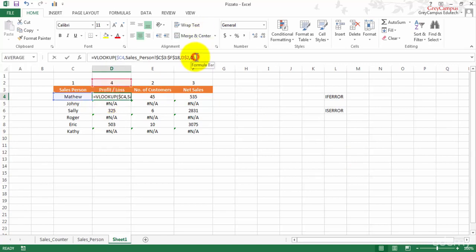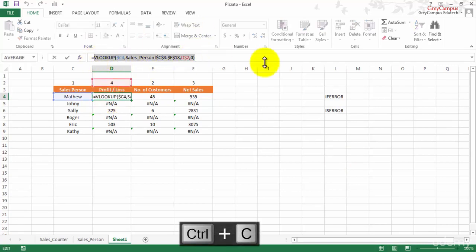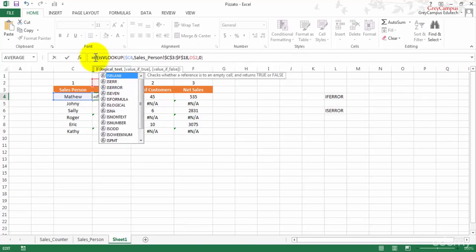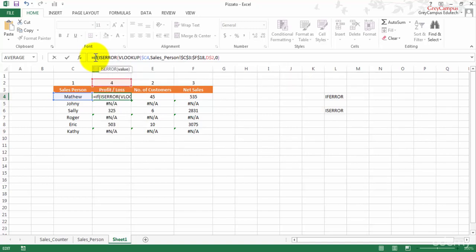For using ISERROR, you first copy this particular formula and then enclose it within an IF condition. Within the IF condition, ISERROR will test for this VLOOKUP. What I am saying is, if there is an error while working with this VLOOKUP, then just keep it blank.